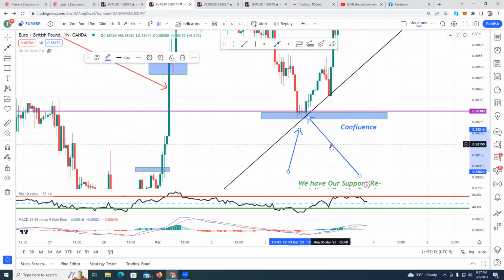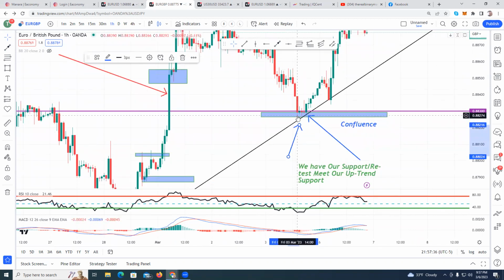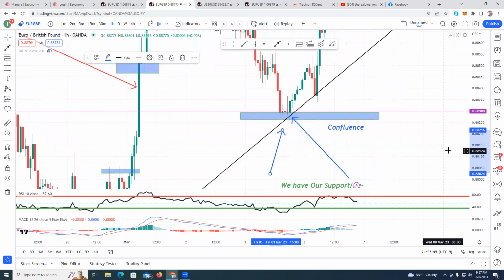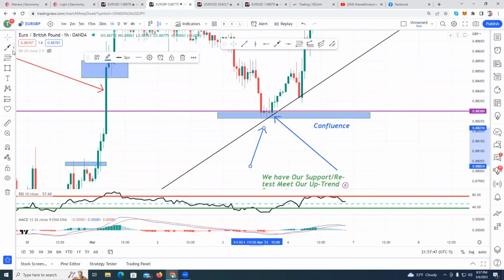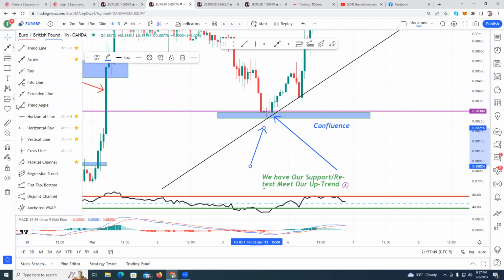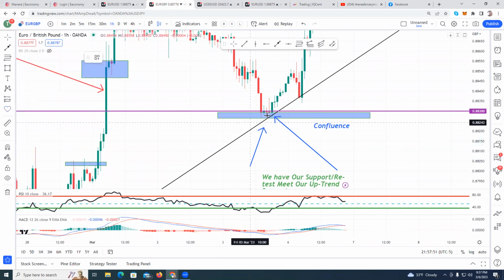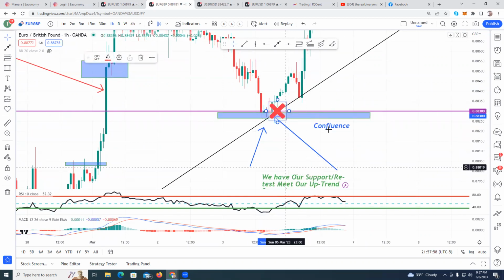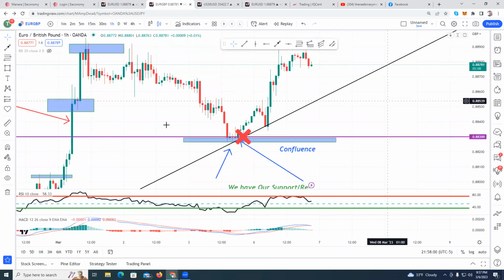Now, confirmations to get in this buy. Numerous confirmations, ladies and gentlemen. We had numerous wick rejections off the double support area. You may hear X marks the spot before. Well, X marks the spot here as well, ladies and gentlemen. And the X is right there. So our entry should have been right there. And if we got in that entry, as we did,